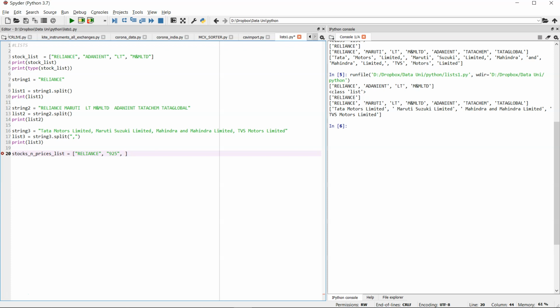Another stock code, comma, stock price. Okay, and stock price, I need not put it in quotes. Why? Because it's an integer. Okay. Now,